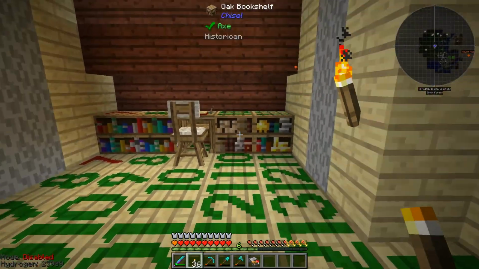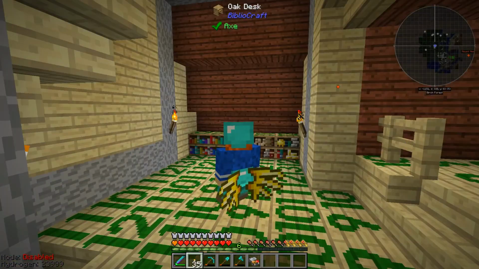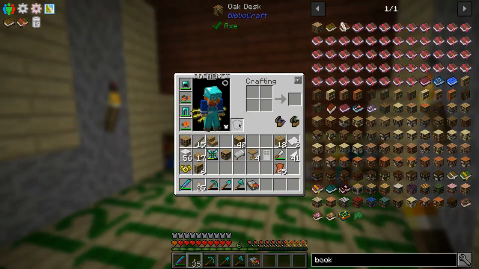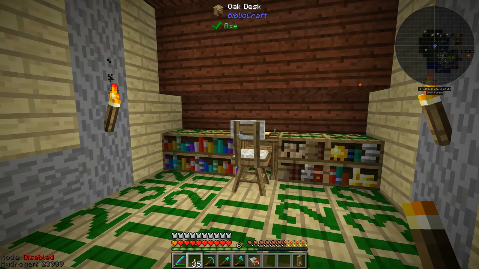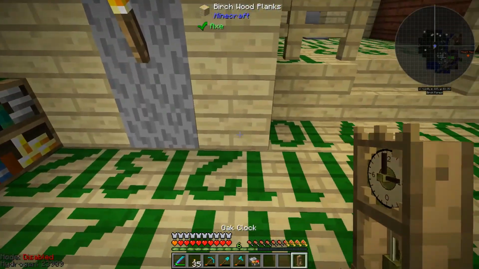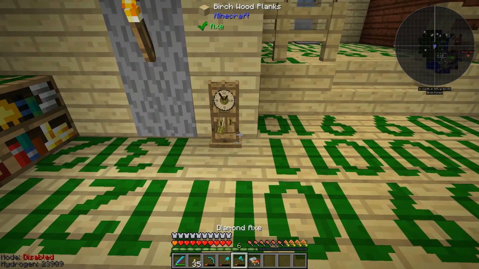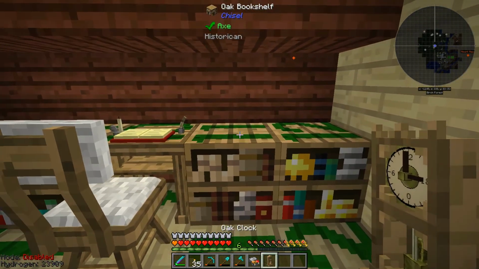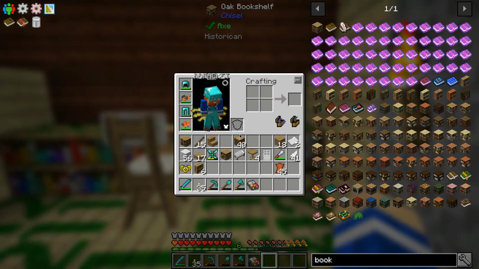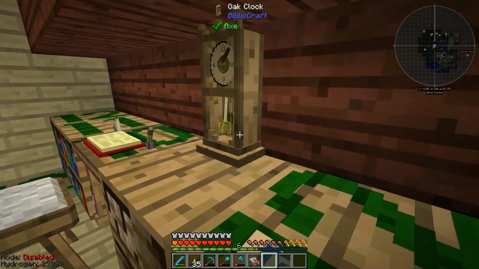So let's see, do we have all the brightness we need in here? So let's go ahead and move those there. That means we can read without being in the dark, which is bad for your eyes. Oak clock. Let's put this here. Oh, that's a lot smaller than I thought it would be. But it's actually got the real Minecraft time on it. Sick. I thought this was going to be like a grandfather clock, like a too tall one. Maybe there is that...